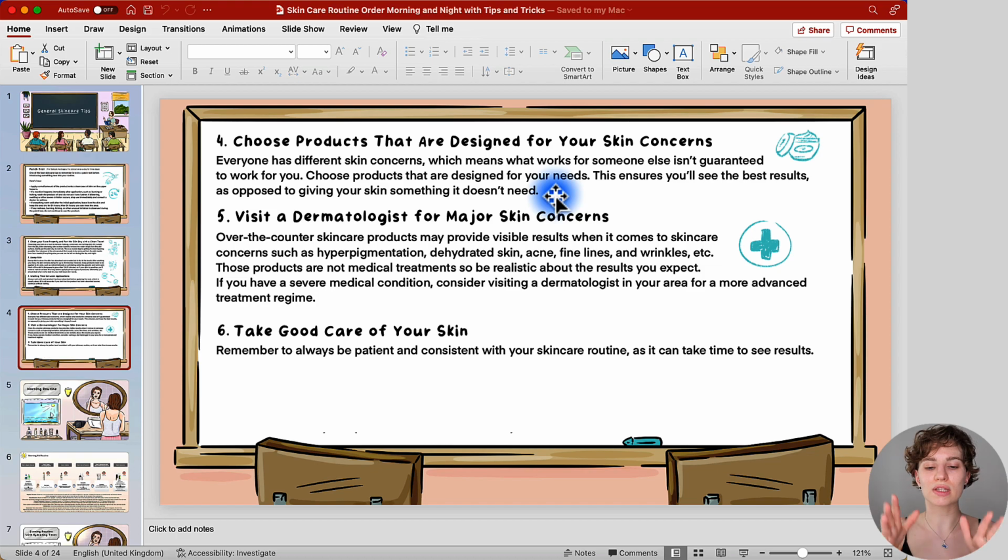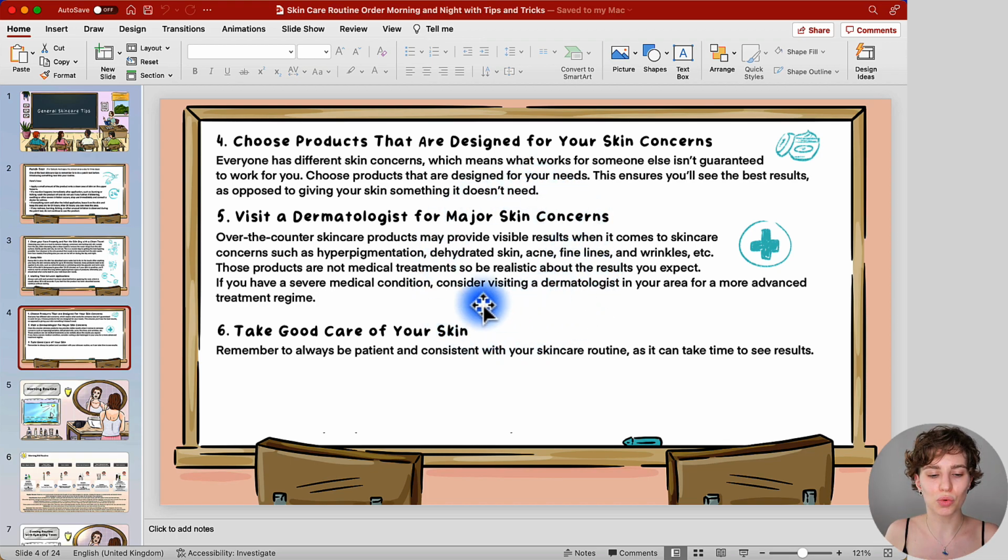So just because someone is telling you that a product is the current trendy product, or that everyone had an apparently great experience with it, it doesn't necessarily mean that it's going to work for you. So go ahead, take your time, analyze your skin, try to understand what your skin needs and what your skin is able to tolerate, and based on that you're going to set up your skincare routine.